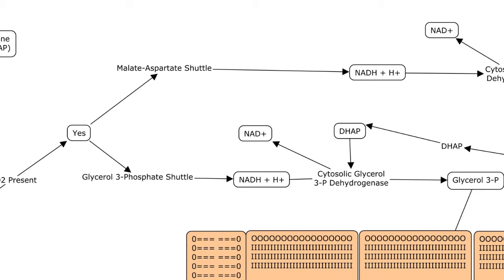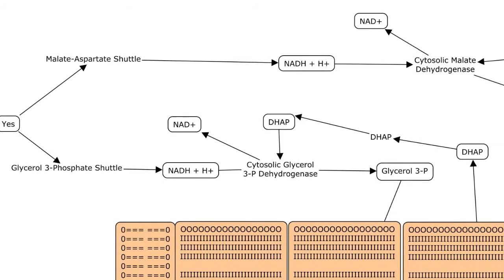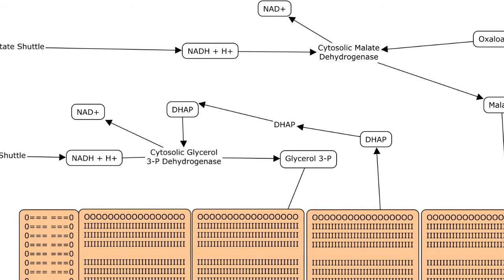The first one is the glycerol 3-phosphate shuttle. What's going to happen is we've got our reduced coenzyme, NADH, and also our H+. It's going to be acted on by an enzyme called cytosolic glycerol 3P dehydrogenase. What that's going to do is take a DHAP. Remember, if you don't remember DHAP, that was one of the molecules that was formed when our substrate got cleaved way back in glycolysis. And so that enzyme is going to oxidize our coenzyme and reduce our DHAP,